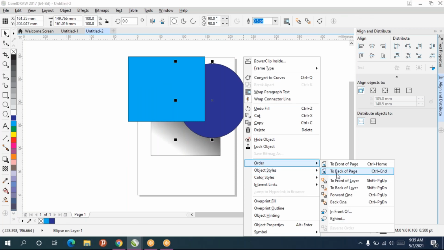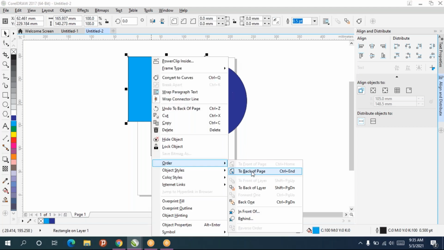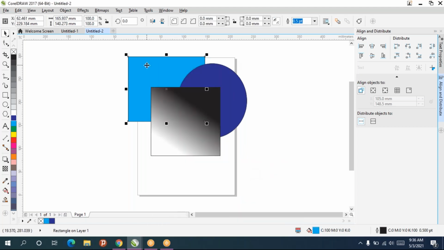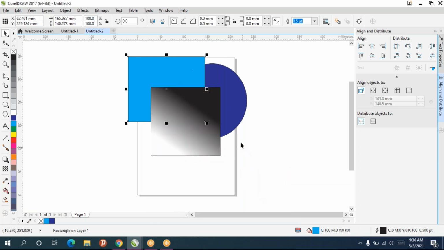Just right click on that, Order, Send to back of the page. So the entire object will go to the back of the page. Suppose if you want front, just select the object, To front of the page or Forward one. Only one object will come forward, but not the entire object. But if you want the entire object in front, choose To front of the page.